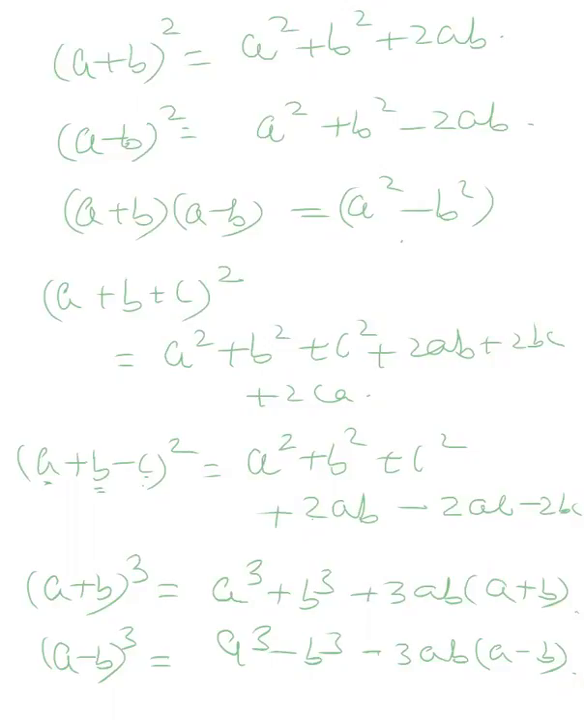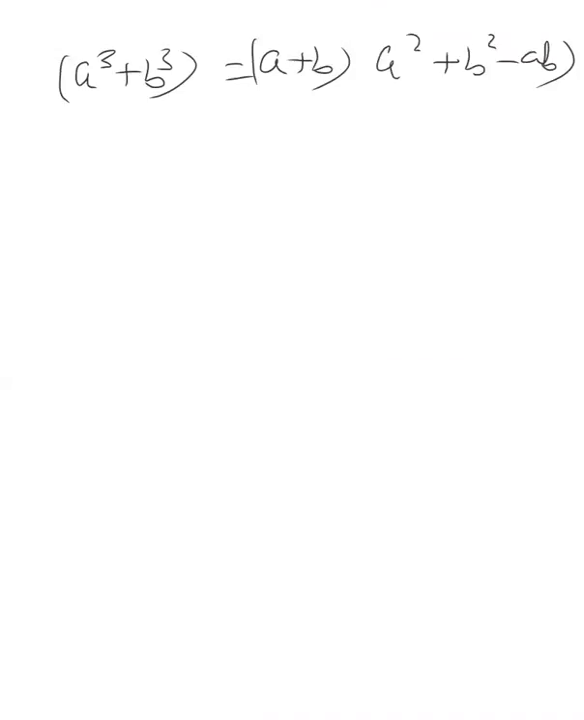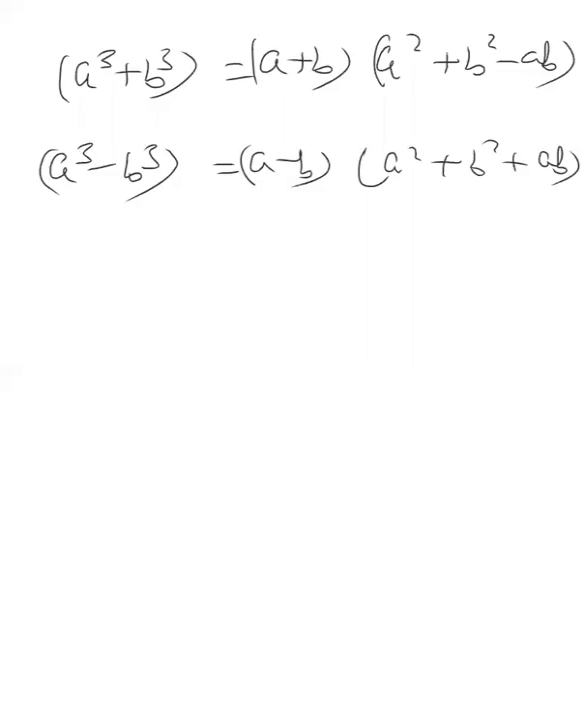Or the factorized formula you can use: a cube plus b cube is (a plus b) into (a square plus b square minus ab). Second, a cube minus b cube is (a minus b) into (a square plus b square plus ab), right? And the most